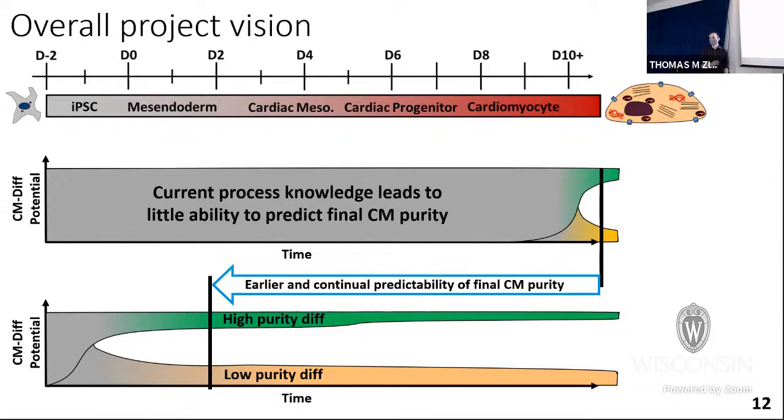are there specific markers that we can be looking for to make sure that we're becoming a high purity differentiation versus a low purity differentiation? Such that if you know you're going off spec and you're becoming a low purity differentiation and you're not going to achieve a high amount of cardiomyocytes, you can either fail the batch and say, I'm not going to waste that extra 2 weeks to make this batch that I know is not going to work.